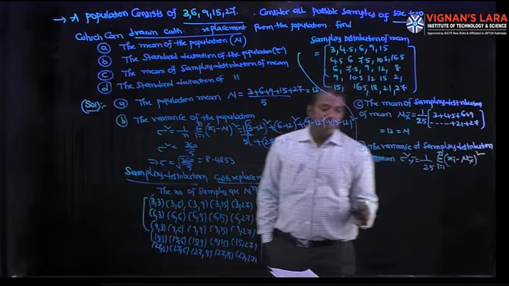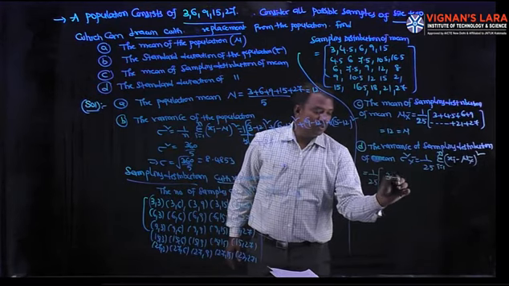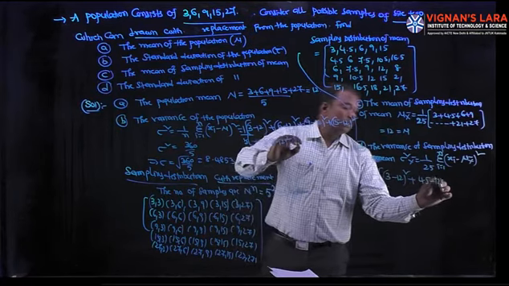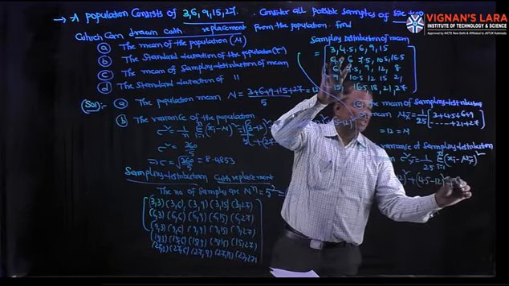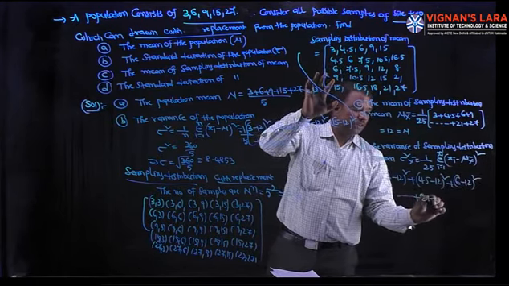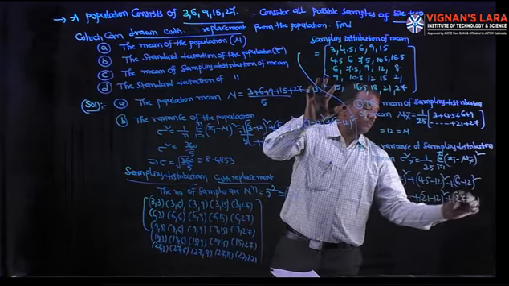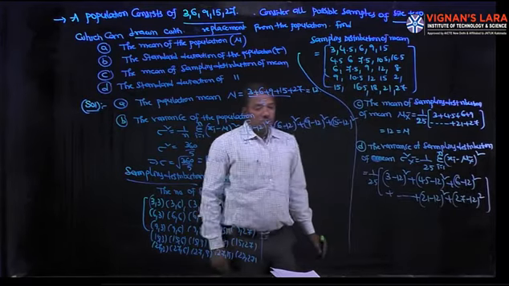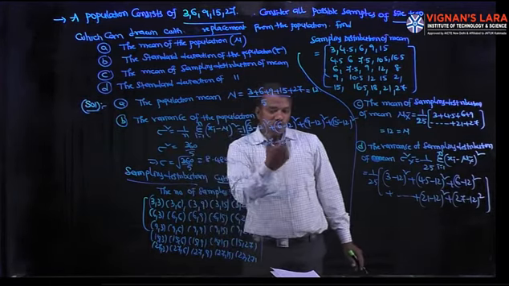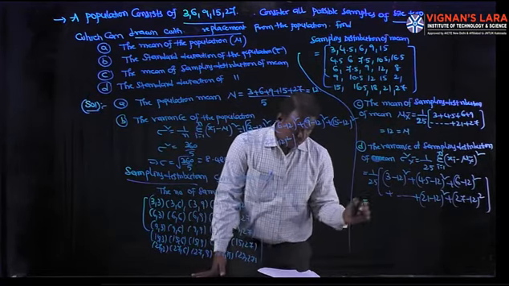Since we have 25 elements, that is 1 by 25 into first element 3 minus mean 12 whole square, second element 4.5 minus 12 whole square, third element 6 minus 12 whole square, and so on. Last but one, 21 minus 12 whole square plus 27 minus 12 whole square. Sum of squares of each element from its corresponding mean divided by its total number, that is equal to 909